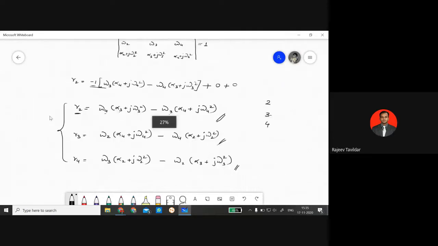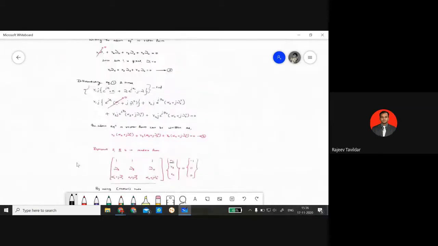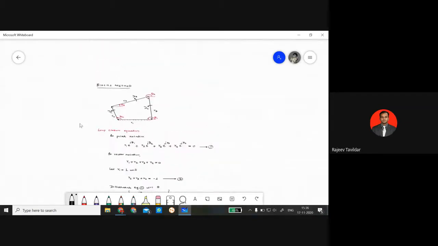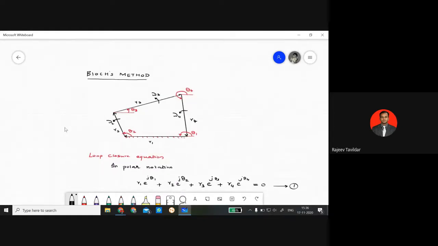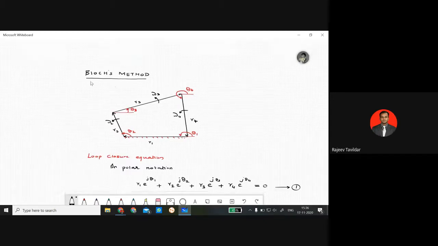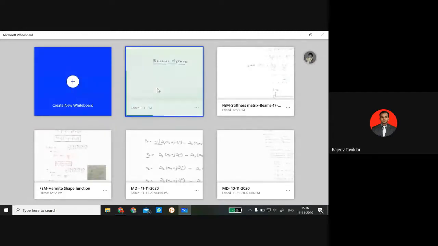And I also told that in this analytical method, we have dealt with the Freudenstein's equation as well as the blocks method. The blocks method is strictly only for the crank rocker. You cannot have the crank slider here. So whenever you get a crank slider, by default, you have to solve it using the Freudenstein's equation. So once we have derived all this, let us take up one problem here.